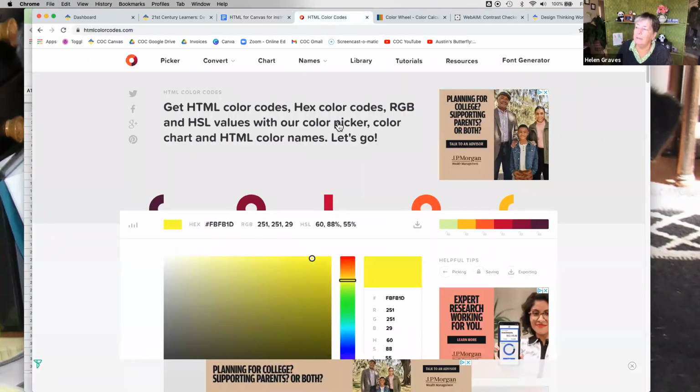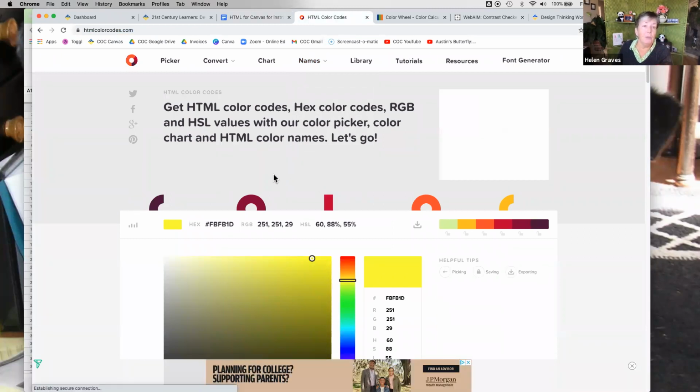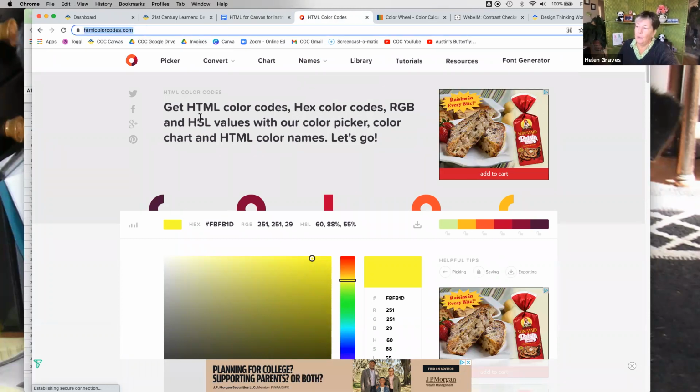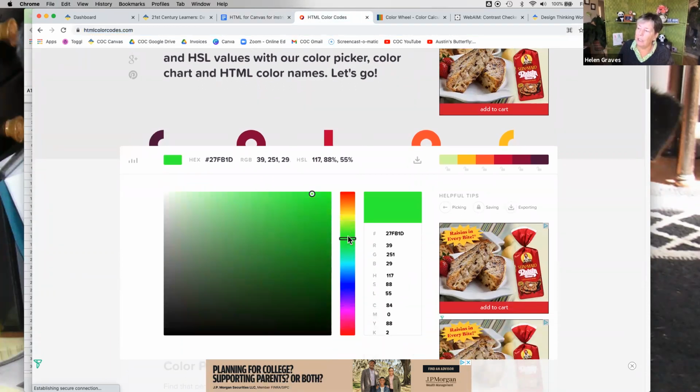The other thing, there's a ton of websites out there that will help you find hexadecimal codes. This is one I use a lot. It's just fairly simple to use. It gives you a slider. So if I want a green tone, I can do that. And then I can move the magic circle to find the exact color. And then it gives me the 6-digit hexadecimal code right there. So this is just a simple one to use.